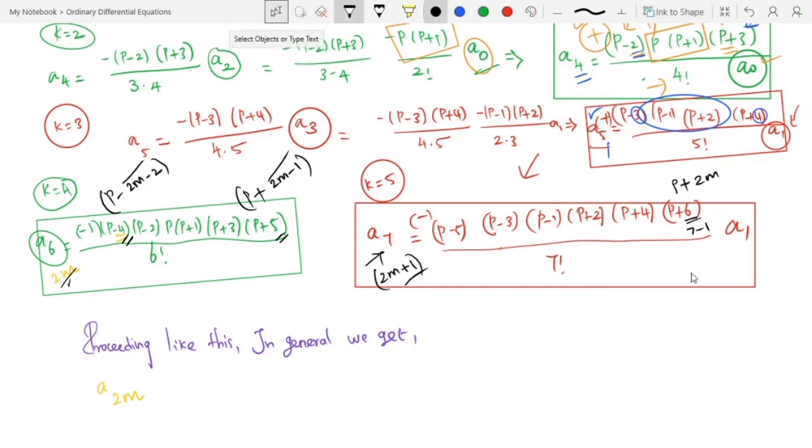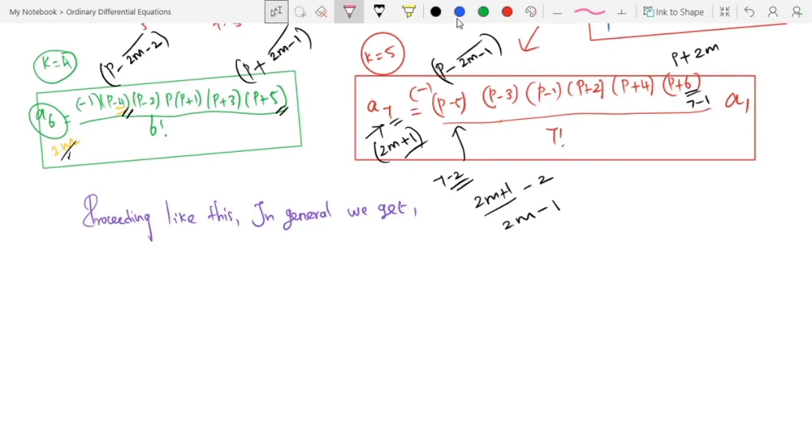Similarly, for the left hand side, where do you stop the flow? So P minus, if it is 7, we have to stop with 7 minus 2. That is 5. If it is 2m plus 1, we have to stop it with 2m plus 1 minus 2. That is 2m plus 1 minus 2 minus 1. So we have to write after minus 1, that is 2m minus 1 as per the process. Sorry, I always miss to write one thing in the fraction, that is A6 in terms of A0.